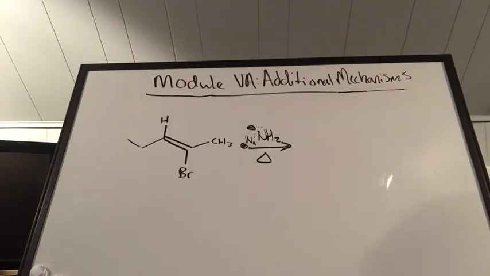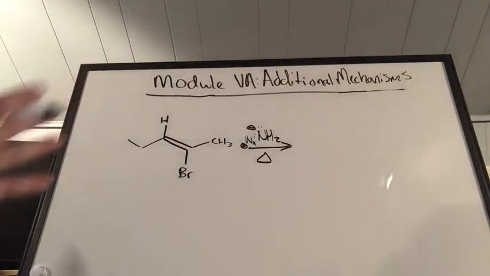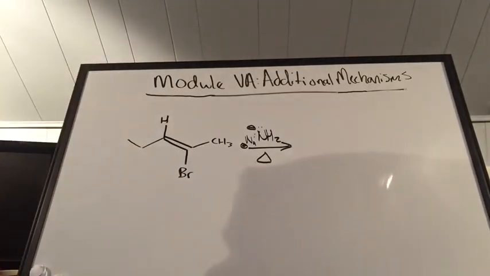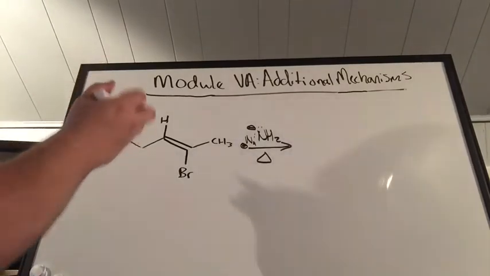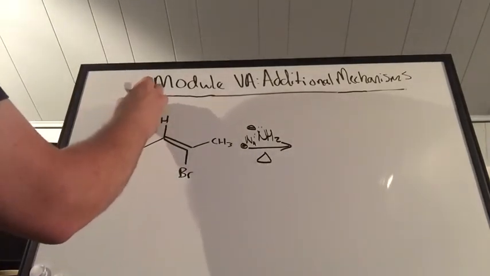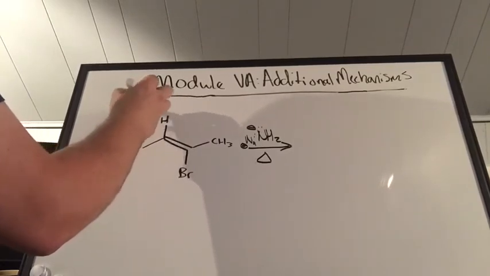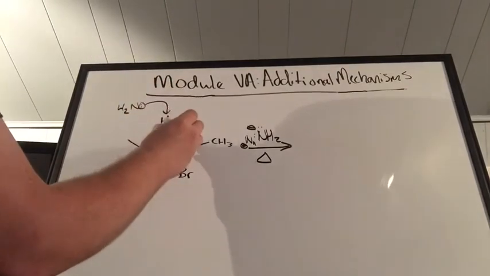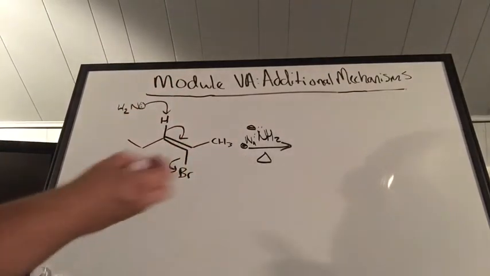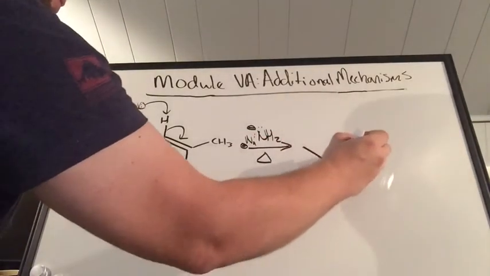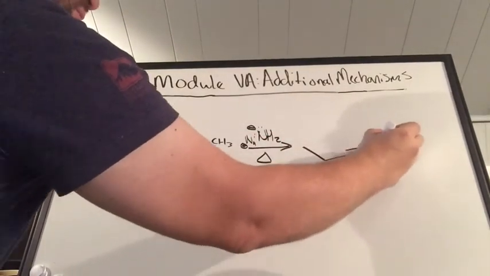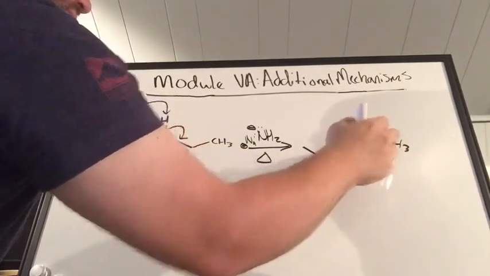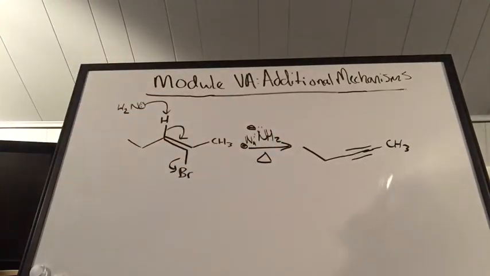Okay, the next thing I'm going to go over with you is more of eliminations, these last two reactions, or mechanisms rather. So this is not like anything you haven't seen already. This is going to be, let's say, an E2 mechanism. So this hydrogen is going to come down, get off this bromo group, and then you're going to have this alkyne, which is not